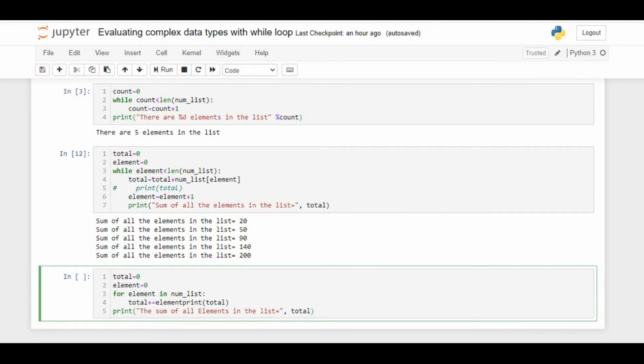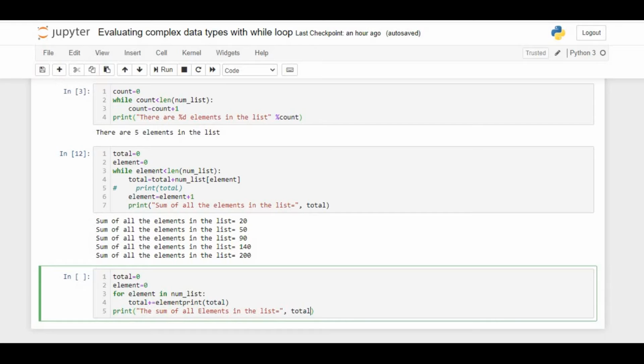So we now make slight modifications to the code in the previous cell. Once again, we maintain two variables, that is total and element. The total will keep track of the running total, and the other one is called element, which is not serving as an index here in num_list, but it actually holds the element as we iterate over the list.